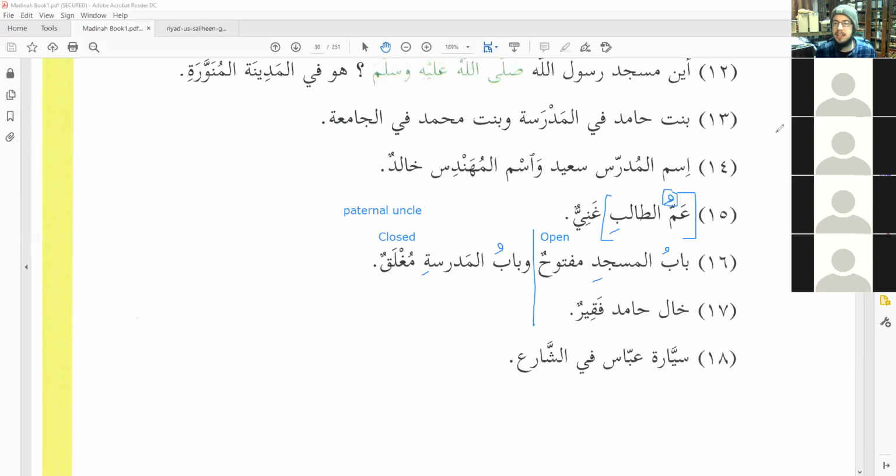Very good. So he read that completely correct. MashaAllah. He said babul masjidi, so he had bab with a dhamma because it's the mubtada. The entire possessive construction is the mubtada. Maftuhun, that's our khabar. That's what we're telling you about. What's so special about babul masjidi? What do we want to communicate? We want to communicate that it's open. Maftuhun. And you guys should recognize that this comes from the verb stem fataha, which means he opened. So, fataha, he opened. Fatih, opener. Right? We can make